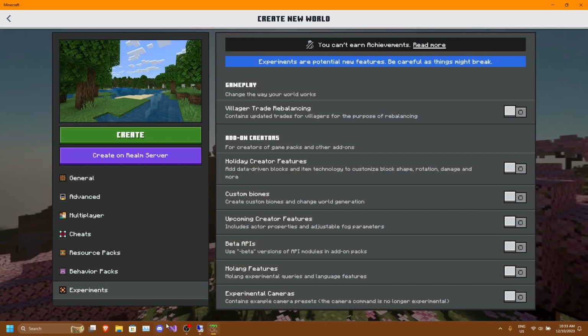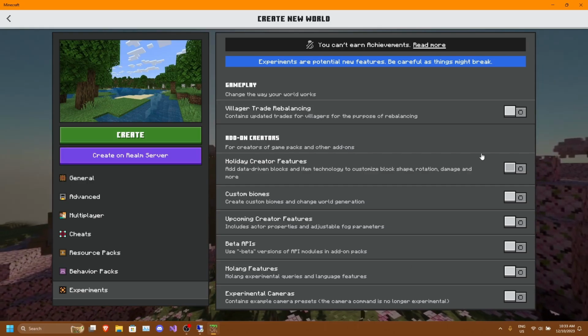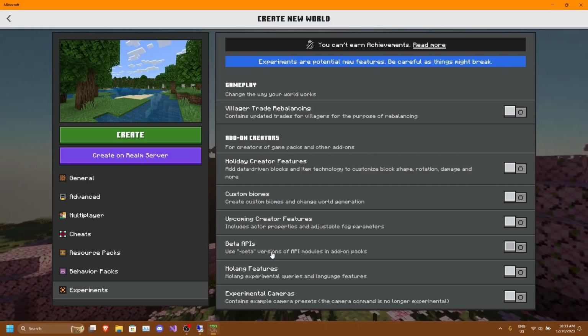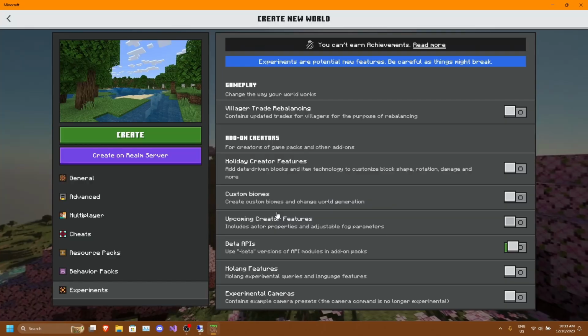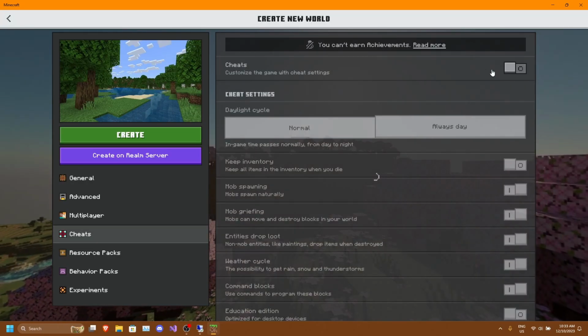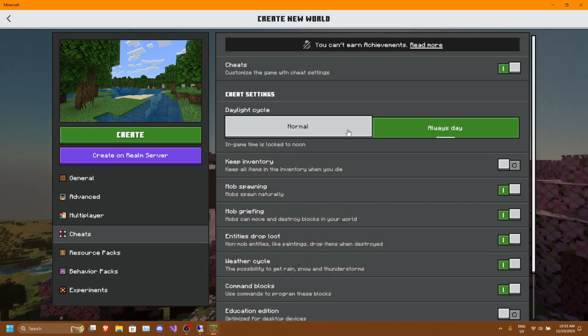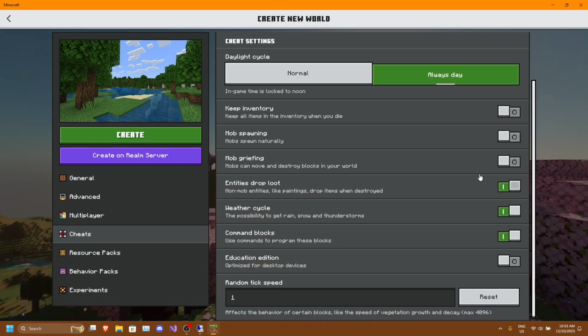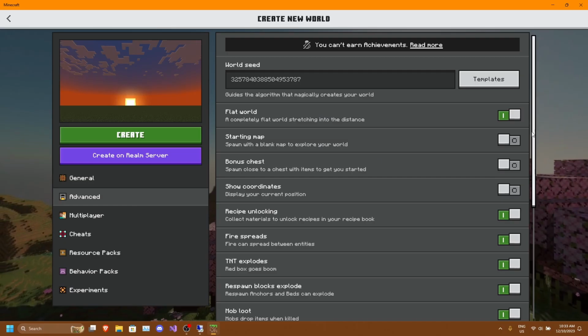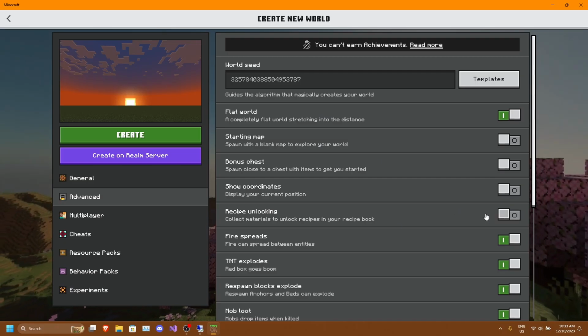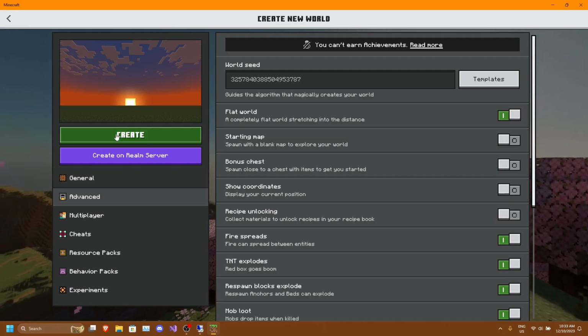Then under experiments, we need to enable the beta APIs module. So we'll click on that and turn on experiments anyways. And of course we can set any other settings that we like. I'll just be doing this for simplicity. Then we'll click on create.